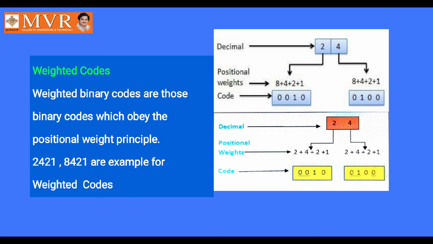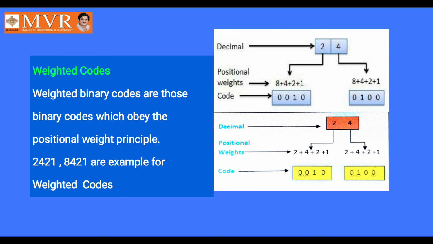Why can't it be in the fourth position, with the first 3 values being 0? Then also you will get the value 2 only. Am I correct? At the fourth position, if 1 is there, 2 into 1 will be 2, and the remaining 3 are zeros, so the sum will be 2. Yes or no? In the same way, for the value 4, instead of putting 1 in place of 4, you can put 1 twice in the place of 2 and 2, and the remaining 2 values, at the fourth and first positions, are zeros, and the same value comes.